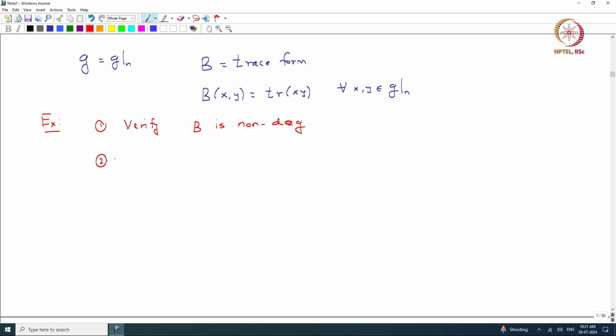Not only that, if we take the standard basis Eij, then its dual will be Eji. What does it mean? If we take the trace of Eij Eji, then you get exactly